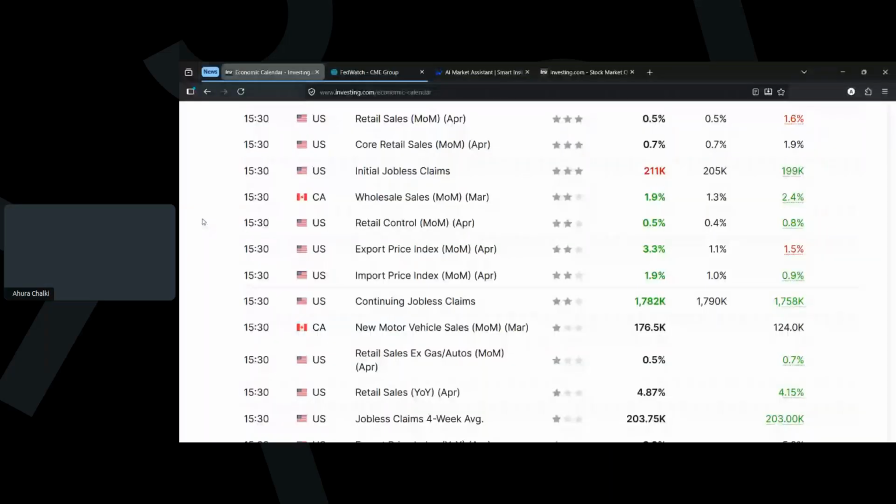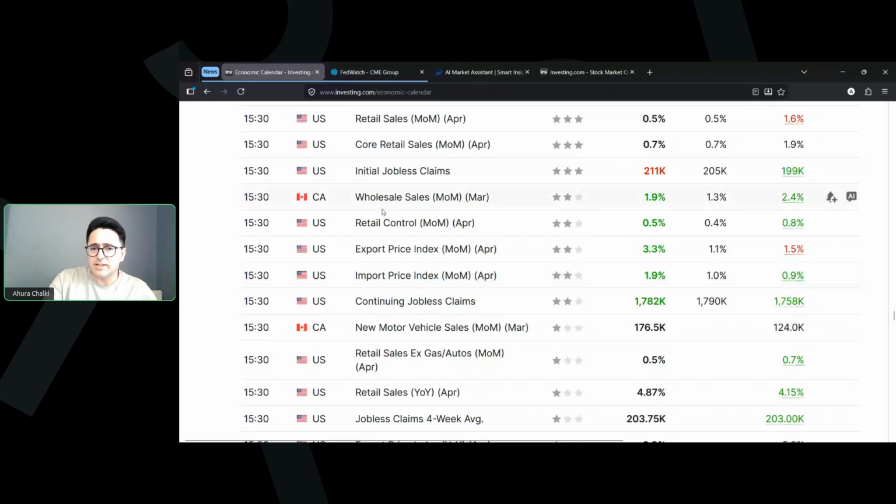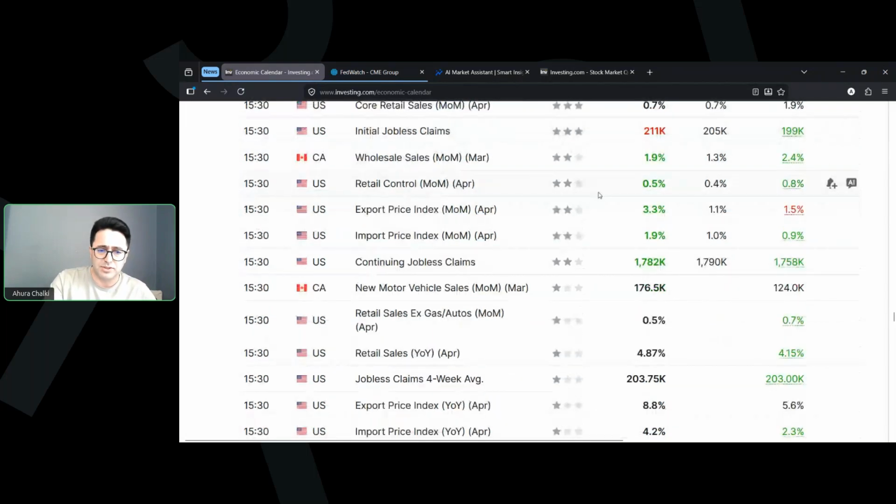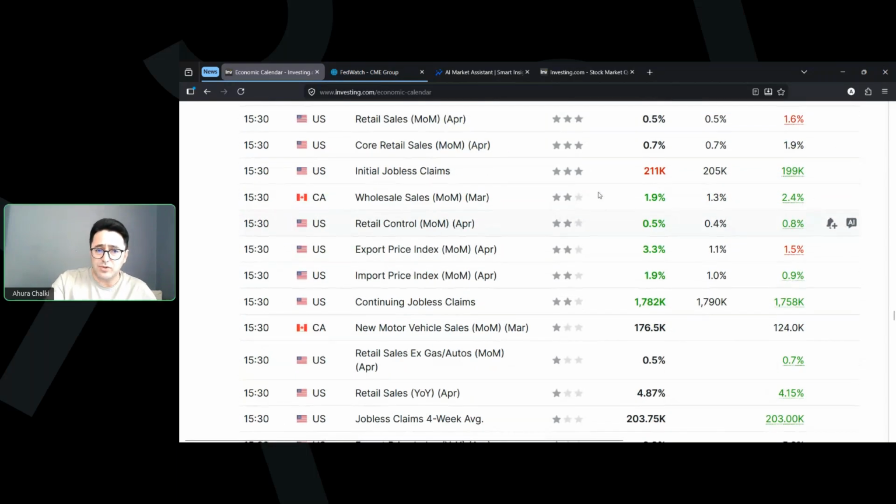The labor market is resilient, which is good. But the retail sales, look at the retail sales. US retail sales increased by 0.5% on a monthly basis. That's telling us the US economy is still fine, while the other economies are negative. Core retail sales, excluding energy and oil prices, increased by 0.7%. I mention oil prices because this is a nominal number, counted based on prices, including inflation numbers.